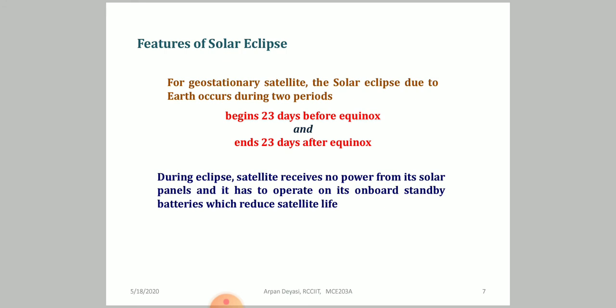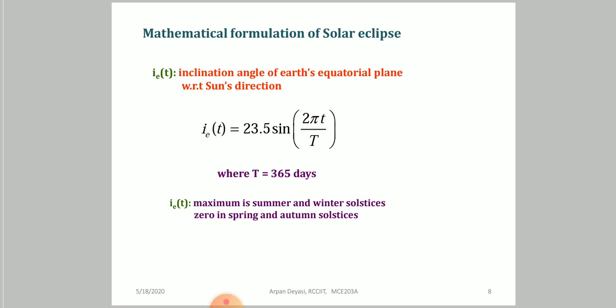But you have to consider that the major problem is the on-off. You can switch off, that's fine, but once you have to make it on again, there is a huge fluctuation of the potential, and that basically reduces the satellite life. So satellite life basically reduces with the number of on and offs because of the eclipses that occur due to the sun, due to the moon, or due to the Earth, or so many other factors. So your design criteria, I will come to the methods to avoid this eclipse. The design criteria should be such that the eclipse is avoided.